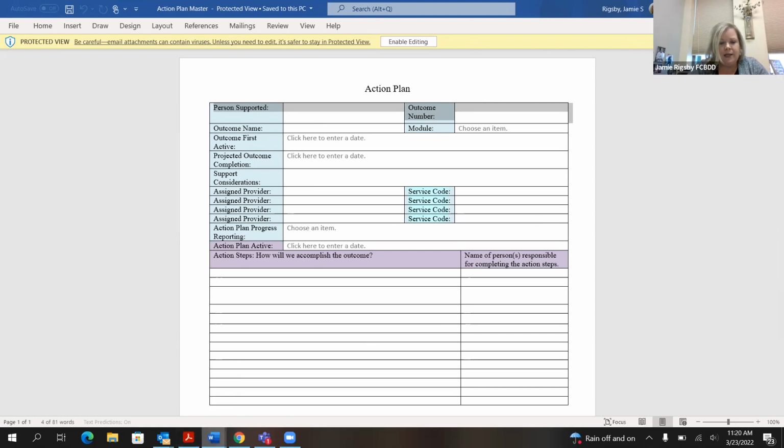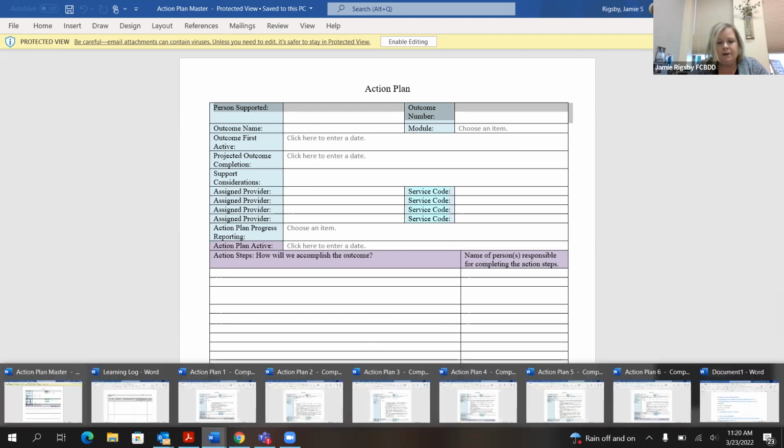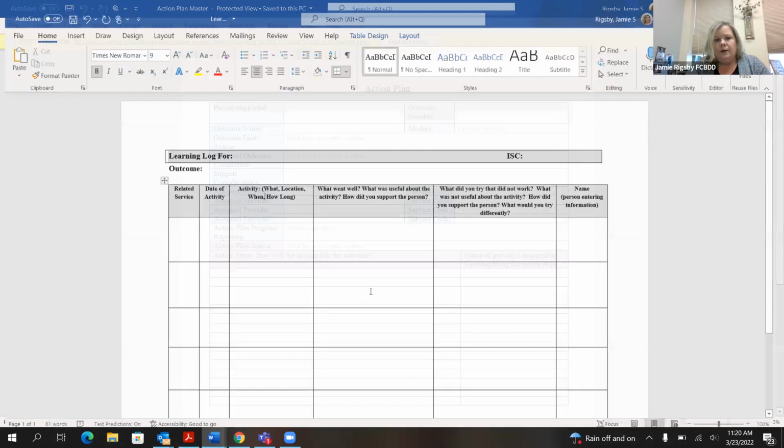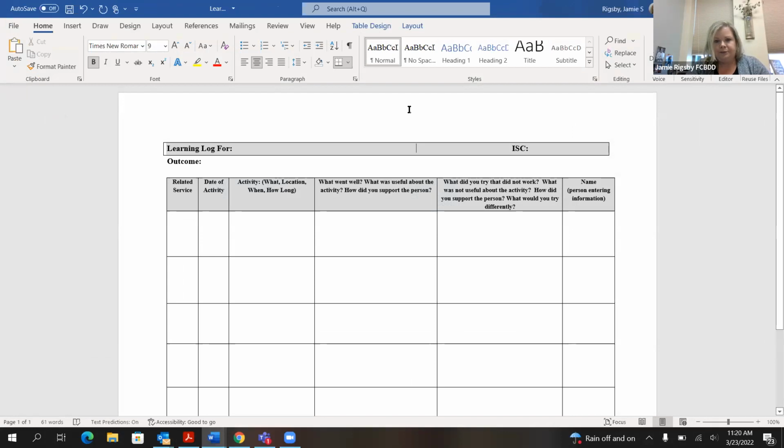Oh, okay, and then this is what a learning log looks like. And you don't have to use a learning log to document progress, but you do have to document progress on